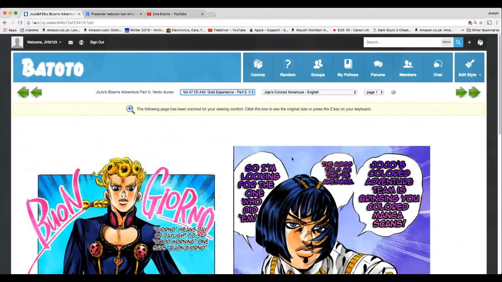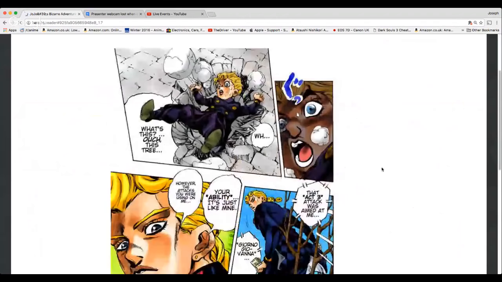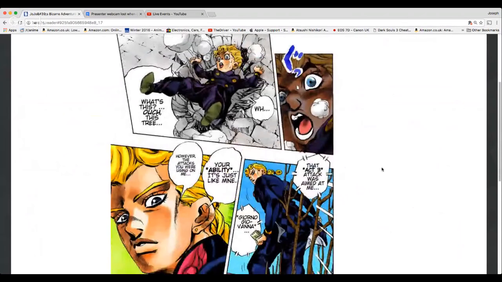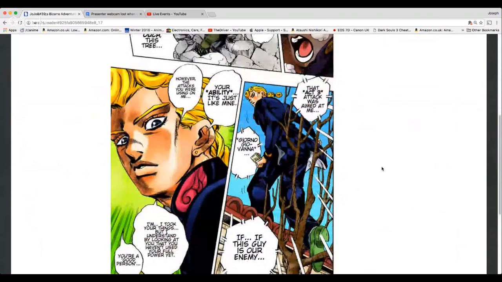That's the one. Having to go for every single thing is impossible. Because they get deflected back at him, don't they? So if Koichi's going to use Act 3 on Giorno, then it'll just go back to him because that's his ability, which actually kind of is interesting.